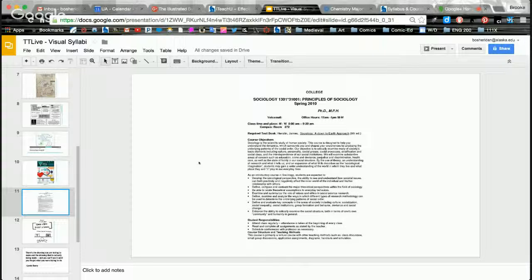If you've never tried this before, it may seem daunting to go from something that looks like this, what we're all pretty used to. We've learned to read this. Probably a lot of students have learned to read this, and our concern may be that we're not actually going to make anything easier by putting it in a visual format. But again, you can continue to provide the text-based syllabus, and you can augment that with your first forays into